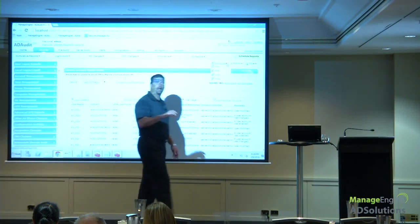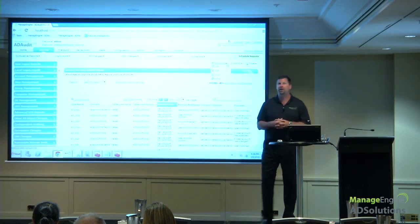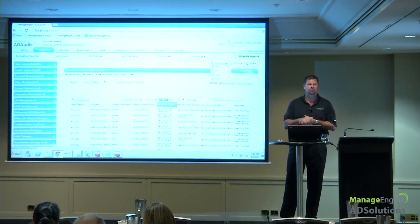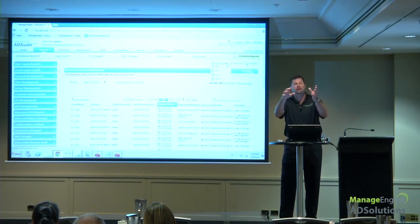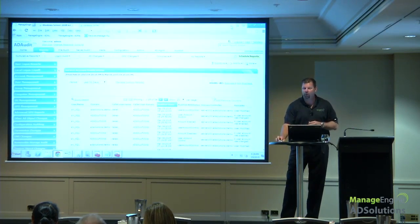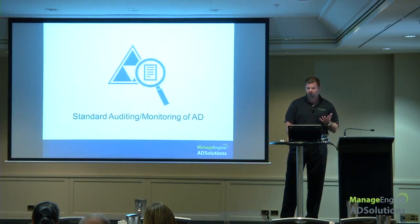And what the tool, AD Audit Plus, is using is nothing more than the event logs that are being generated by Microsoft. That's it. Because the logs are good. I don't need to put in some crazy technology. I'm just going to put in a technology that can take advantage of the security logs across my domain controllers. And now that I have AD Audit in place, it allows me to do